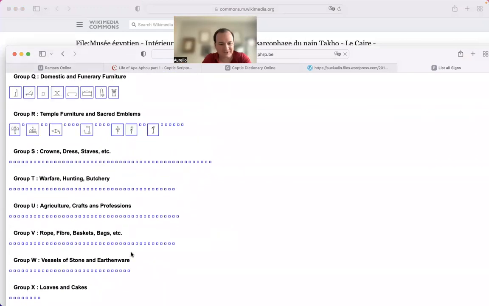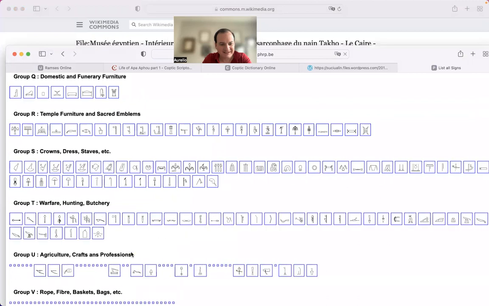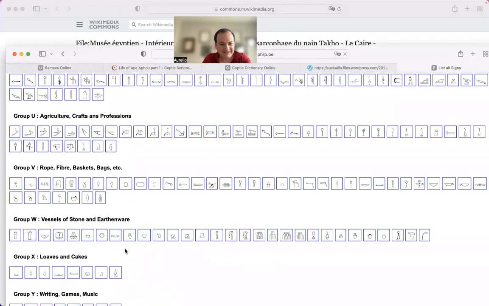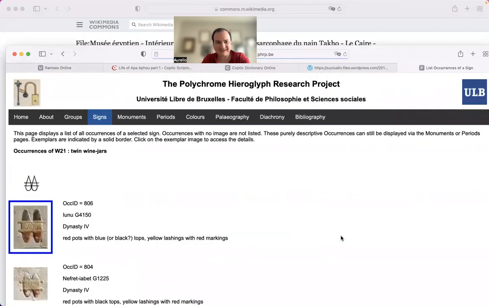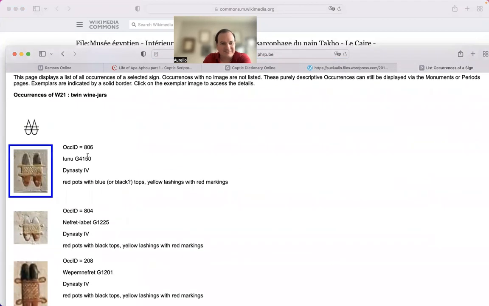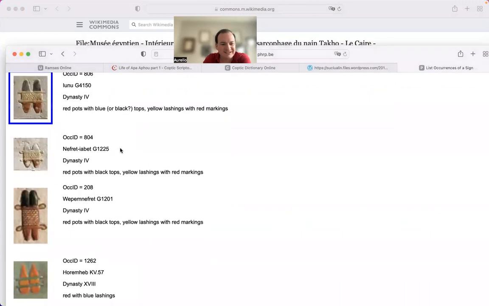Vessels of stone and earthenware. There we go. Isn't that fun? W21. Here you are. And then you see it in all its beauty. So like Rasmus says, twin wine jars. And here you can see what they actually look like,